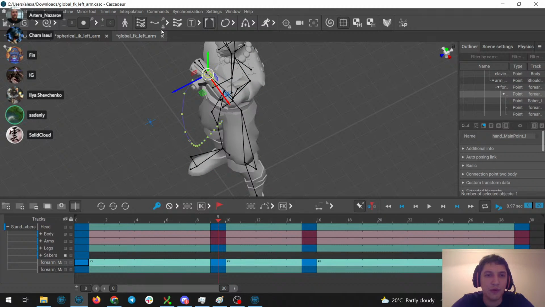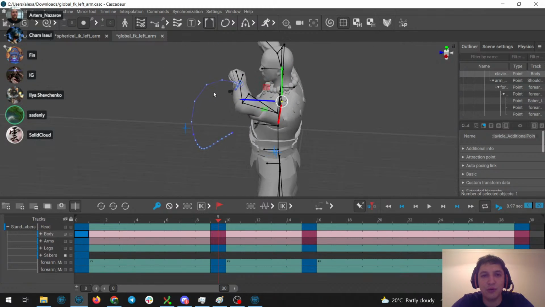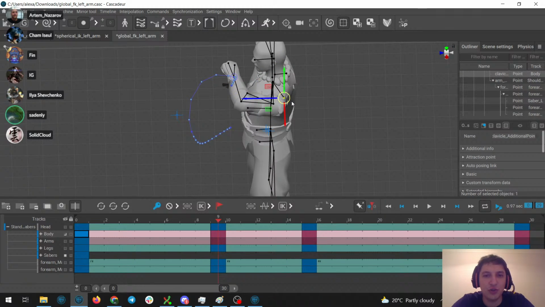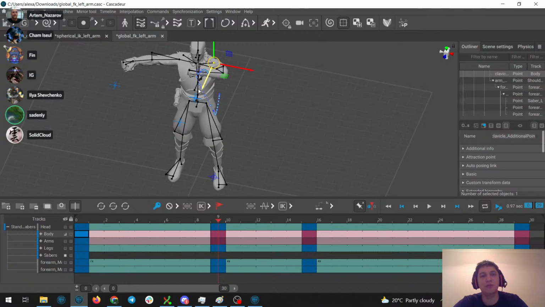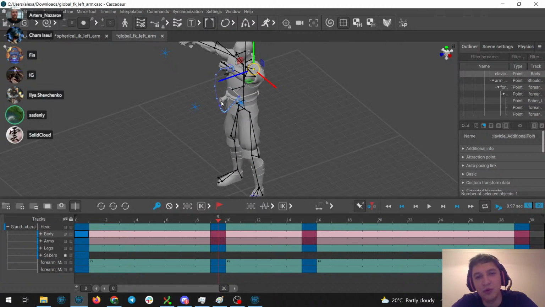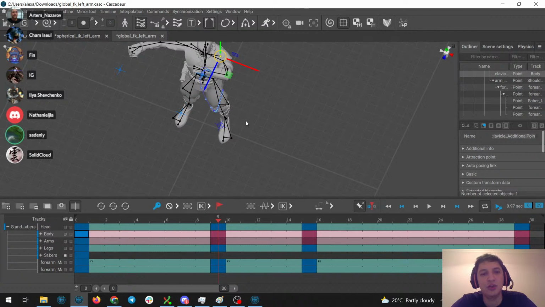Okay, let me fix the trajectory here. Now I'll change the rotation of the clavicle, and you can see that the trajectory is not affected in any way. So if the character was moving and FK is on somewhere, then the trajectory could move a bit as a whole, but it won't be changed dramatically.